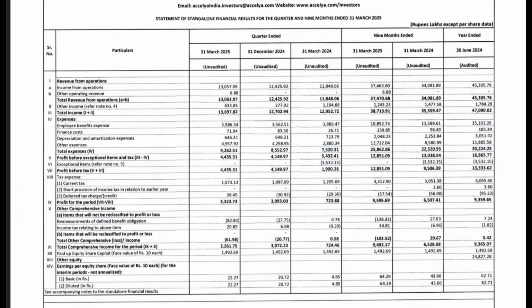Okay, so the expenses have gone up. Employee benefit expense has come down slightly. Depreciation cost and other expenses have gone up. So for other expenses, we would have to check their annual statement. It would only be available when their annual report comes out for this financial year. Then we can check the other expenses. They should actually give a detailed explanation in the notes for this.